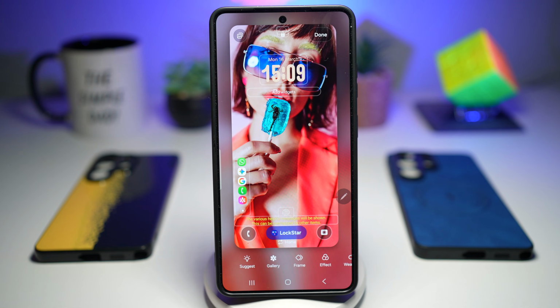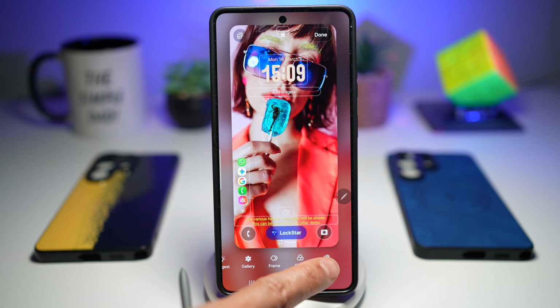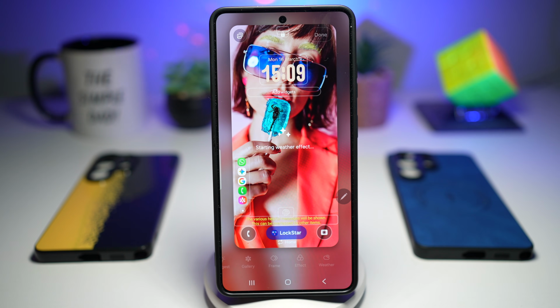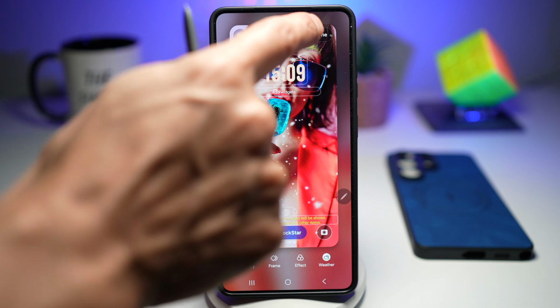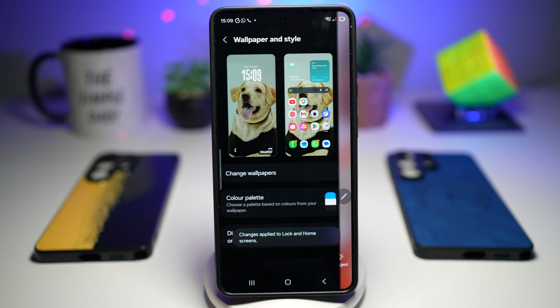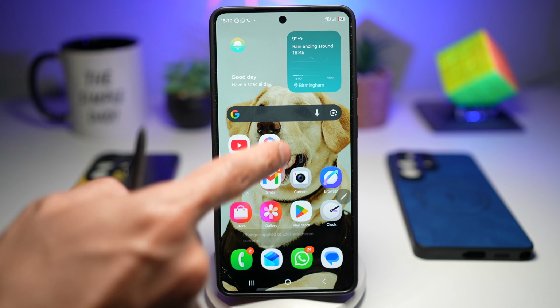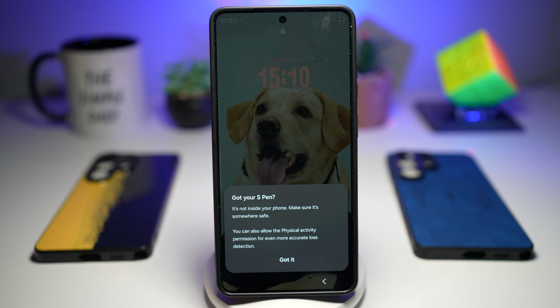Now here you want to go ahead and activate the weather effect. So to do this, go ahead and swipe left at the bottom here, tap on weather. This will now start the weather effect on that wallpaper. Press done. And then go ahead and press home. Now if you go ahead and lock the screen,